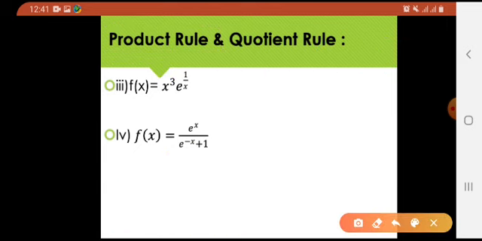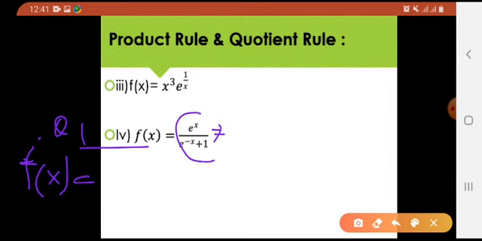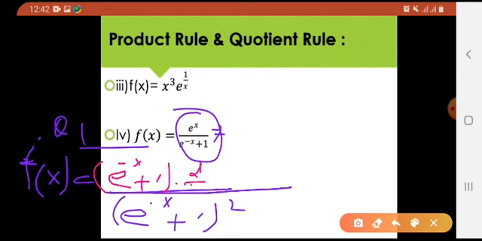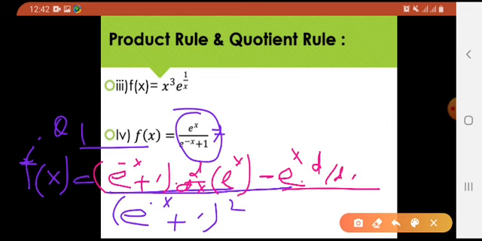Okay, look at the next example. I have to find the derivative of this term, the fourth part. Question number 1, fourth part, this one. Okay, how would we get that? It would be f dash of x equals to, what about this? Quotient rule, right? So how would we get it? Square of the denominator or quotient rule. How do we apply quotient rule? You all are familiar with that. It would be denominator as it is into d by dx of the numerator, which is e raised to the power x, minus numerator as it is into d by dx of the denominator, right?